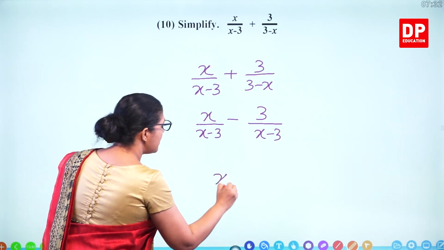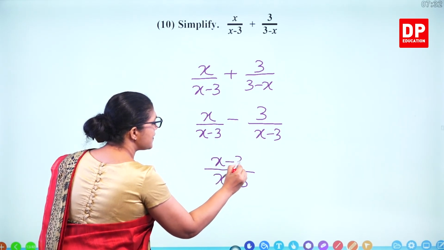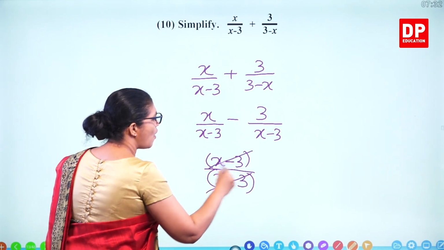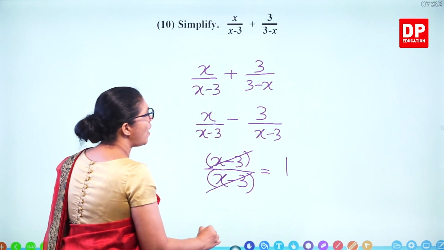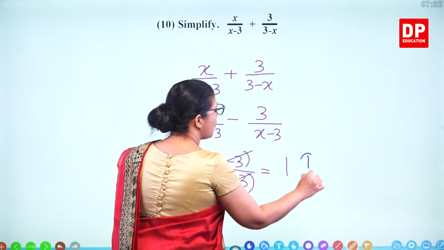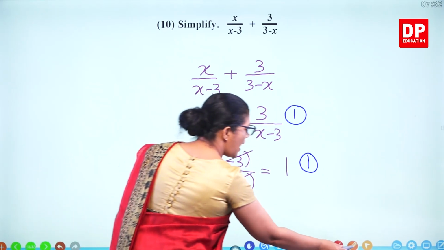Now you can subtract the numerator, x minus 3. So same thing, x minus 3 get cancelled out and you get 1. So 2 marks, 1 mark for the simplification and 1 mark just to write as the same